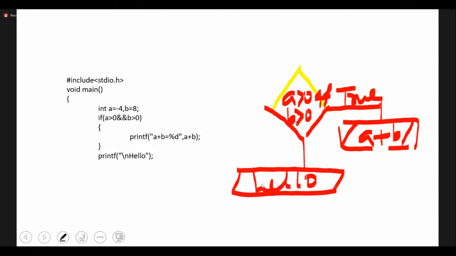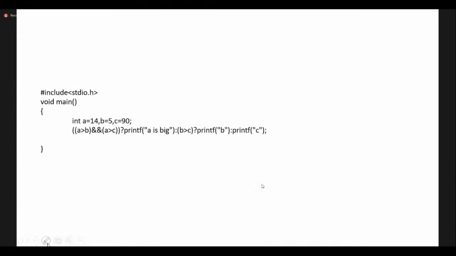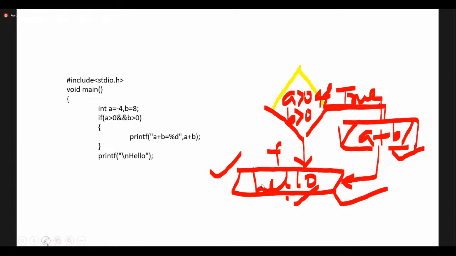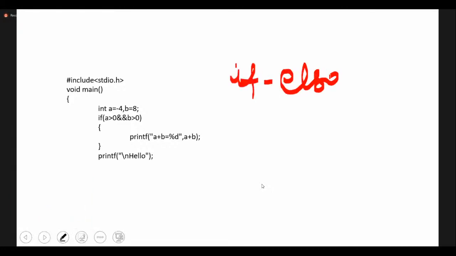Generally we know that if false, only the false statement should happen, and if true, only the true one. But in this case, you don't have any classification. If it is true, you get the A plus B resultant value followed by hello. If it is false, you only get the message hello. So in order to have a classification between the true and false blocks, they moved from the simple if statement to if else. You can write if for the true block statement and else for the false. That is your choice of how you want to design your structure.